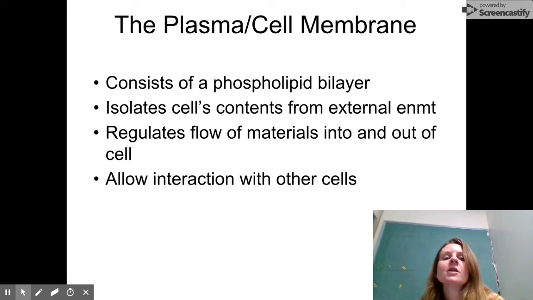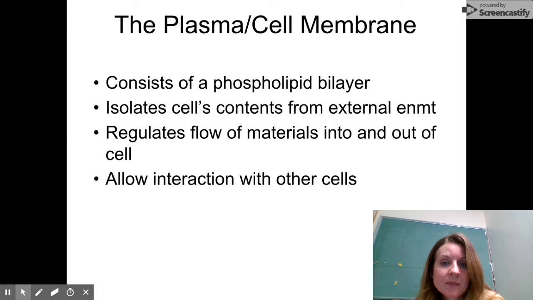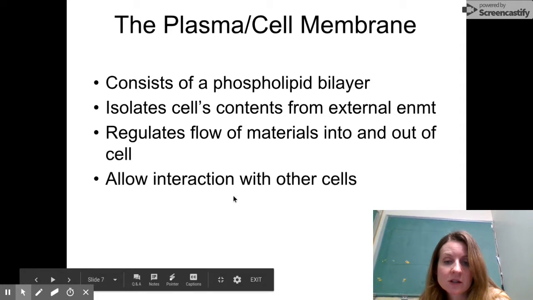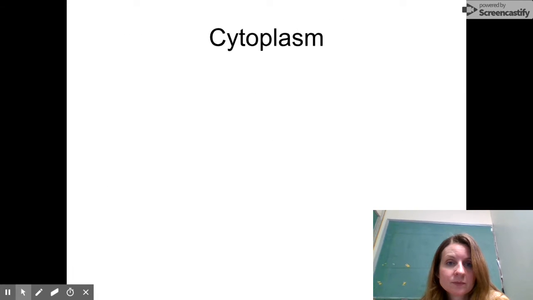Okay, so the plasma membrane, we've already talked about how it's a phospholipid bilayer. It's controlling what's going into and out of the cell, right? And we'll talk about some of the things that can move through the membrane, right? And it also allows for the cell to interact with other cells,